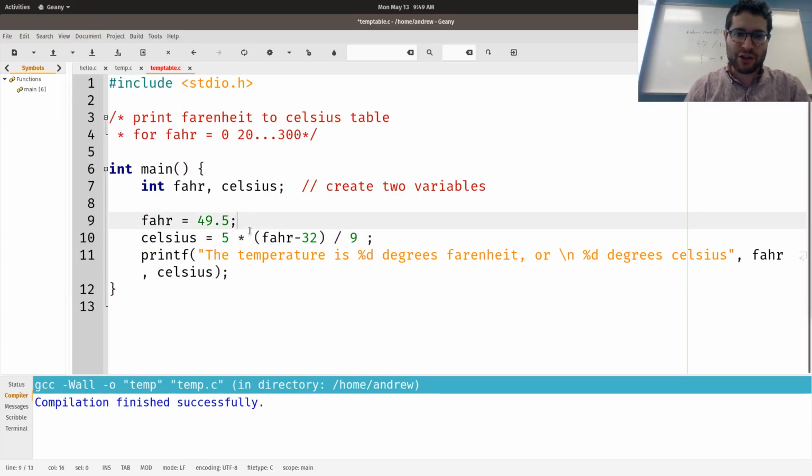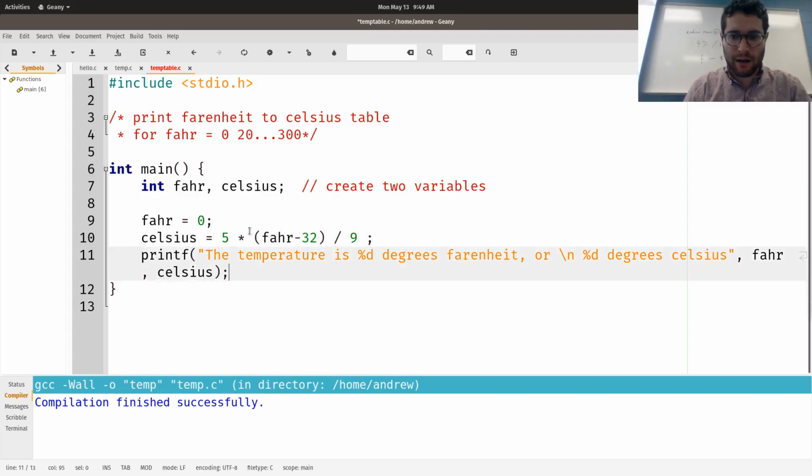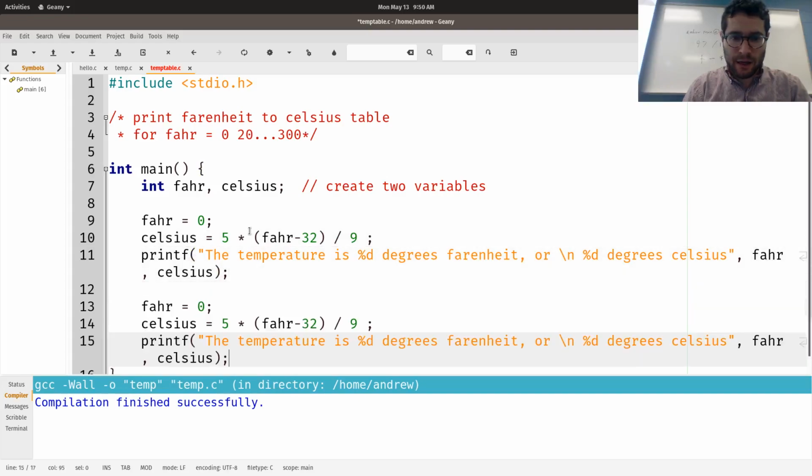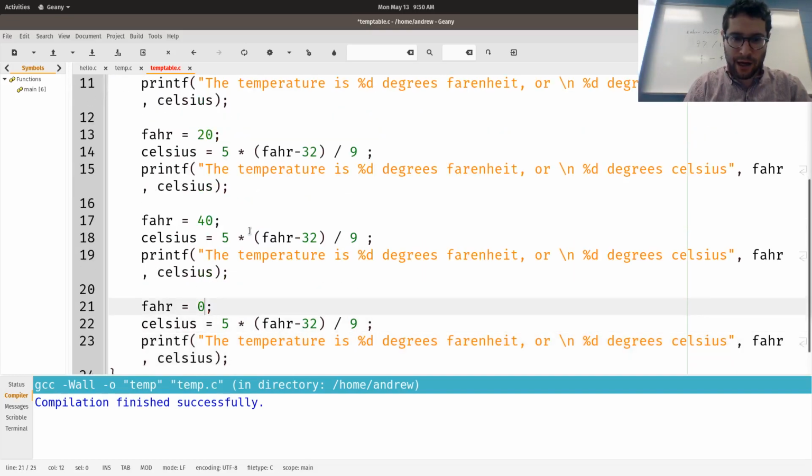If I want to show what the temperatures are, I could say, Fahrenheit is 0, and then Fahrenheit is 20, and then Fahrenheit is 40, and then Fahrenheit is 60, and then Fahrenheit is 80.